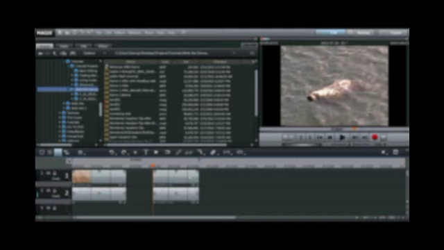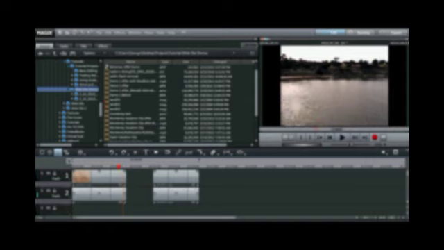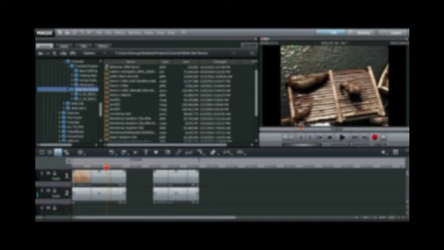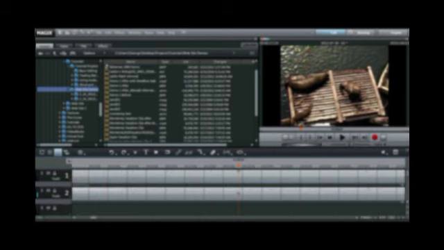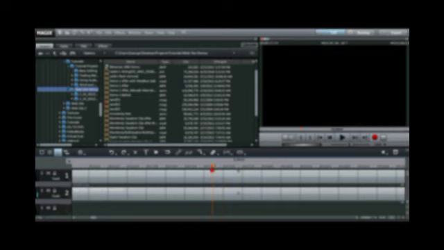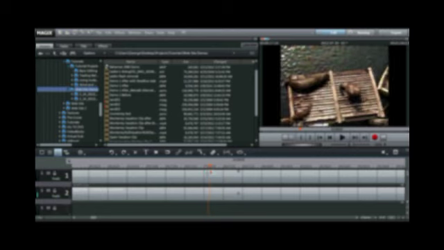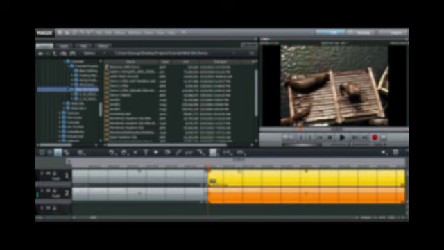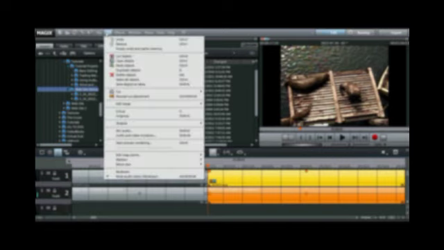I'm going to go to where I want the clip to end. So I kind of want it to end at the point where the seals are floating on this little raft. Back to my 5-frame view. Going to move back and forth a little bit. Notice there's a black spot there as I move back. That must have been a glitch on the tape. So I'm going to just move a little bit past that, make my cut, delete the section at the end, go back to my 10-second view,